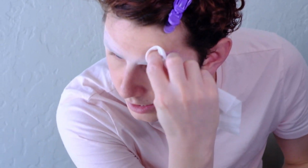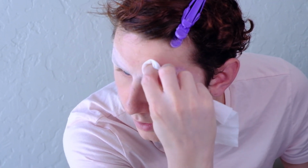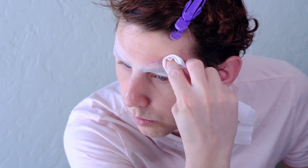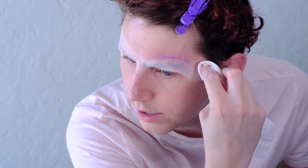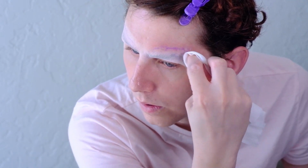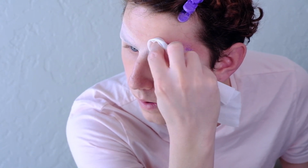So next I'm just going to use a makeup wipe to clean up the excess powder and glue around my brows, just so that way we have a nice even texture around the skin. Because if you leave excess glue there to dry, it can leave kind of a textured pattern, making it uneven, so your shadows and your foundation won't lay down as evenly. And if there's a little bit of purple, that's okay, your foundation's gonna cover all that up,